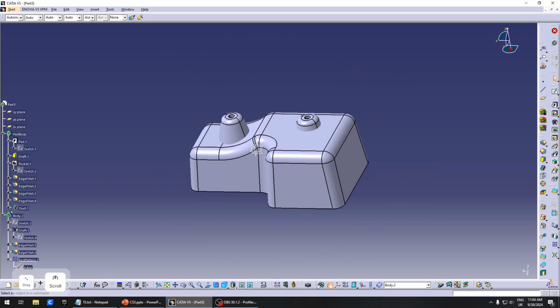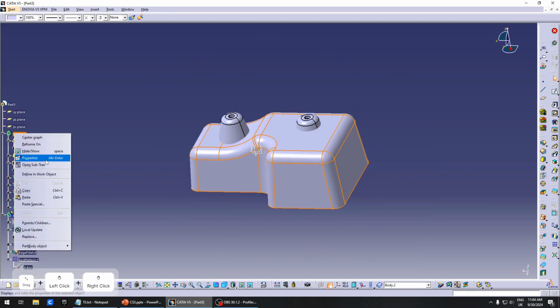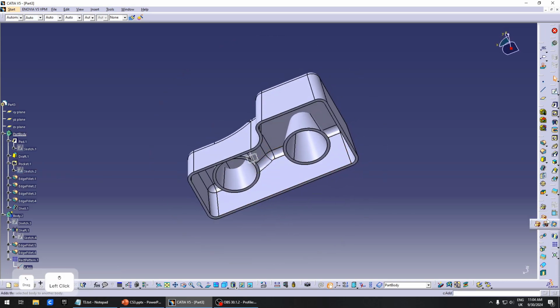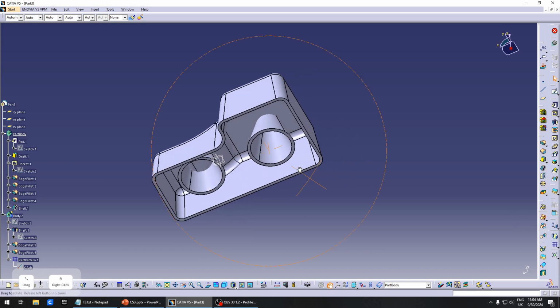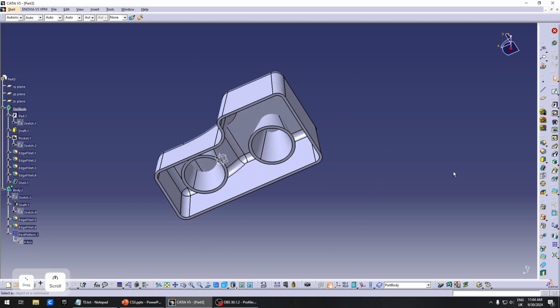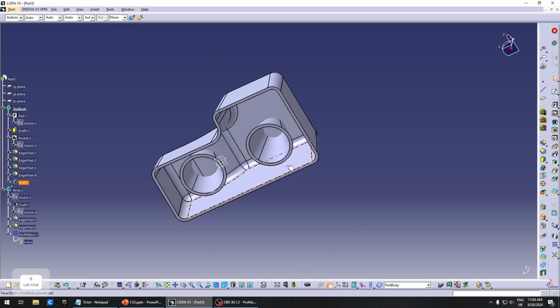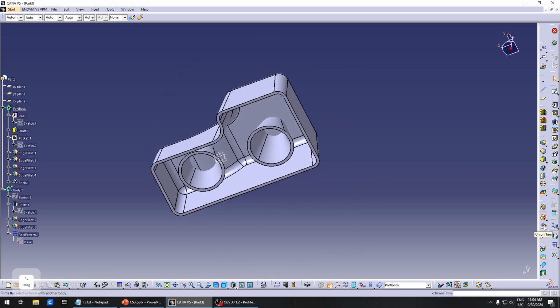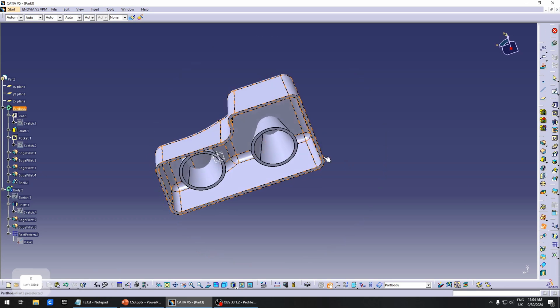Now, to use our Boolean operation in order to solve this. This is a perfect use to combine this shape. It's a very, very good use for the union trim operation. Now, this basically adds the two bodies together, but you also have the option to trim some of the edges. So you choose the union trim,